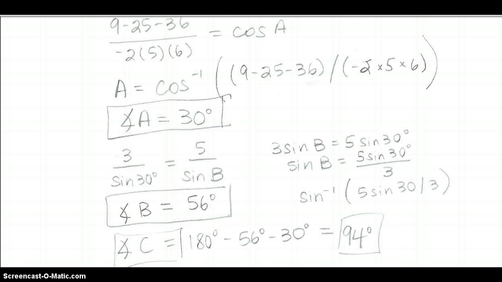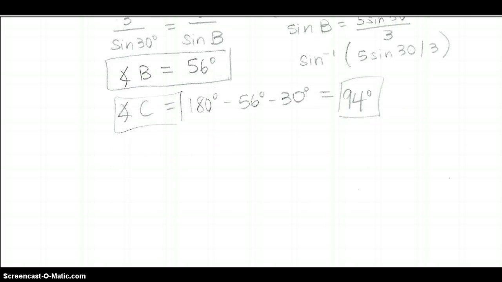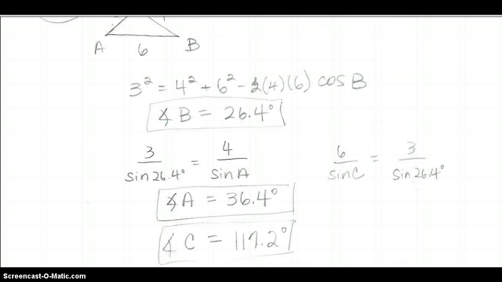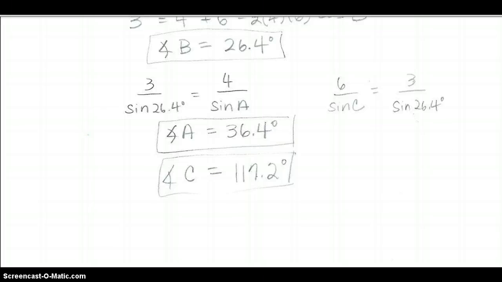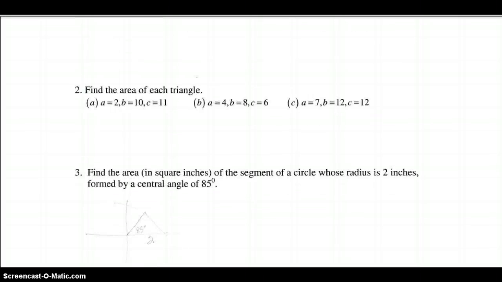And from there, you can do the law of sines because you have enough information to be able to find that next angle. And then once I find one of them, I can just subtract from 180 to find that missing third angle. So I think you'll find that as you walk through these examples, that's basically what's going on. I'm using the law of cosines one time to help me figure out the one side. And then